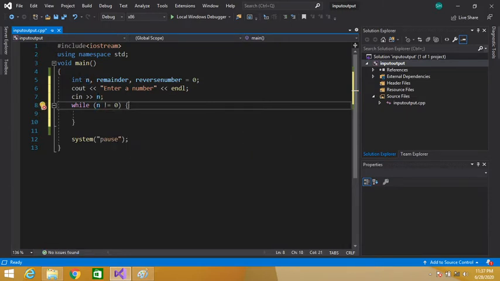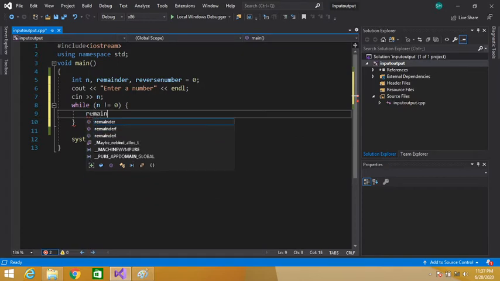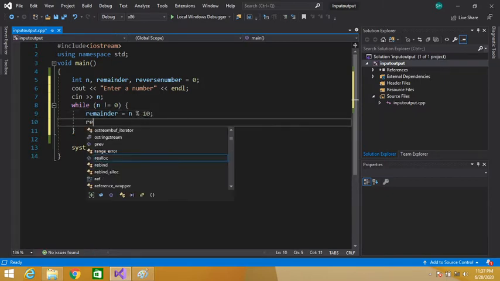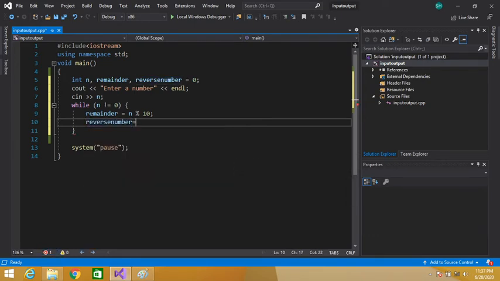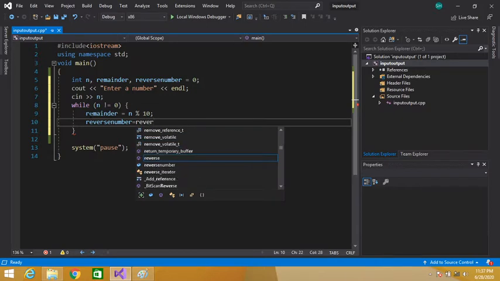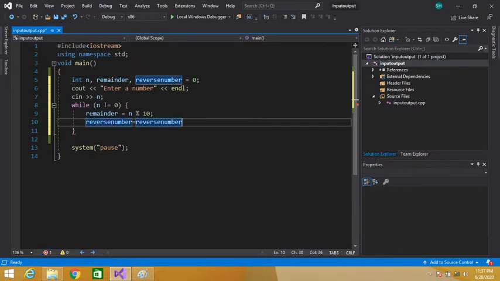So now while n not equal to 0, remainder is equal to n modulus operator by 10, and then reverse number is equal to reverse number multiplied by 10 plus remainder.